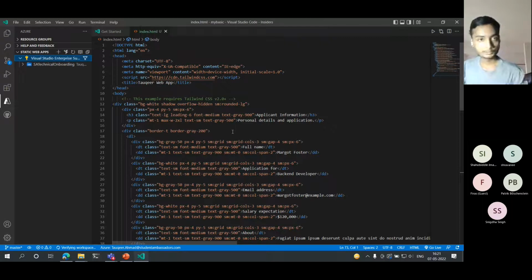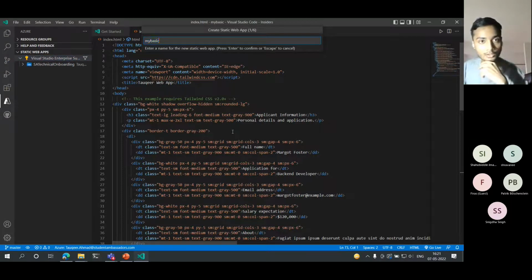The initial commit. So what will be the name of my static web app? I've created a name according to my folder name itself, so I'm continuing with it. And what will be the name of my GitHub repository? It is not mandatory to keep everything the same, but for the sake of ease and coziness for the audience who have joined late, so they can understand in a more cozy way.